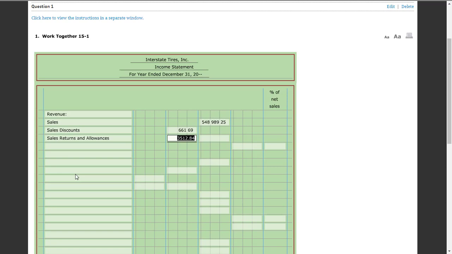So when I look here, I have sales, sales discount, sales returns and allowances. Sales goes in the third column. Sales discount, sales returns and allowances goes in the second column. I'm going to take $661.69 and $3,005.12. I'm going to add these two numbers together, and I'm going to put that number directly right here. Okay? And I'm not going to give it a new total. I'm just going to do the math, and with my math, I get